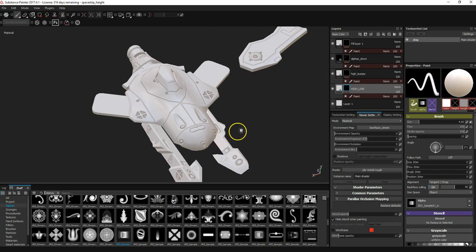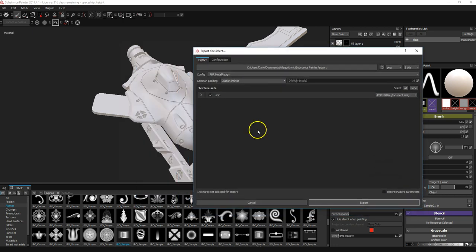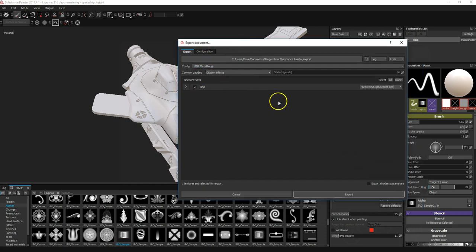Okay, so let's bake this out. If we right click on here, we can go to export textures, and any work we do in here we can spit out as a set of textures that we need. The only one we need is the normal map. There's two ways we can do this. We can just export this out as we normally would and just pull the normal map from it, or